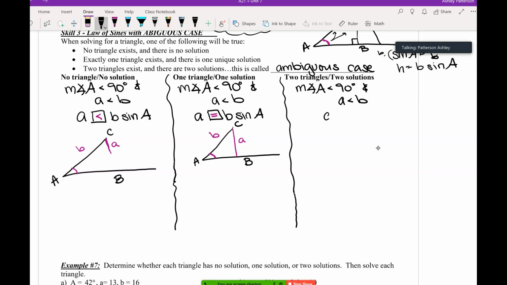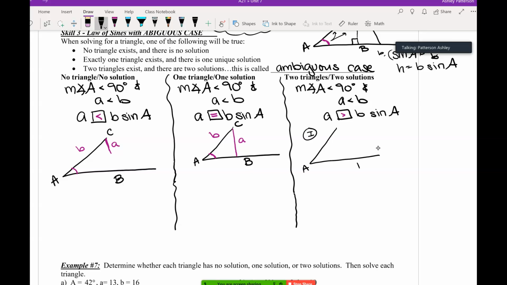What if the corresponding side is greater than the height? So it's greater than the non-corresponding side times the sine of the given angle. In this instance, there are two possible triangles because it's greater than the height. So the first possible triangle,